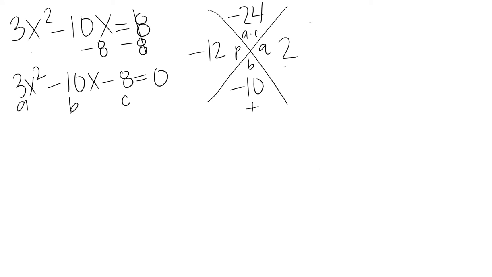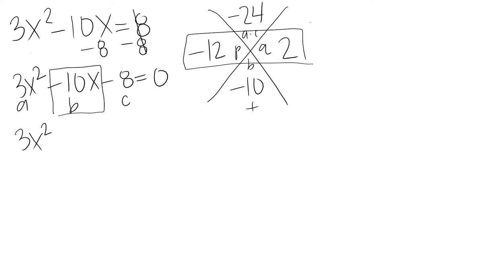Next step is going to be to take p and q and replace b with those values. So I'm not changing the equation at all. I'm just rewriting negative 10x to be negative 12x plus 2x. So what I'm going to have is 3x squared minus 12x plus 2x minus 8. So this is where it gets the name split method. I'm literally taking negative 10 and splitting it into two numbers. Now we're going to use what we learned yesterday with GCF. So I'm going